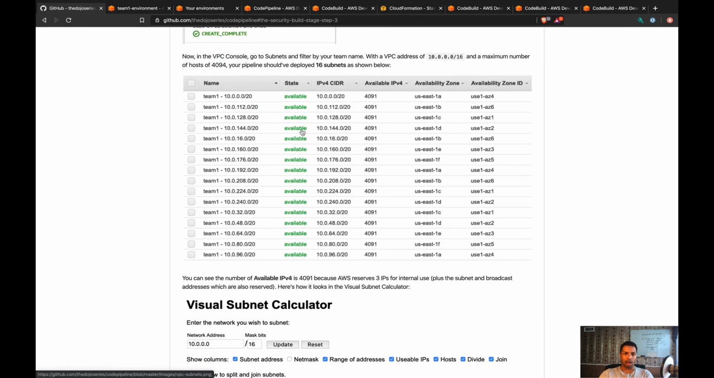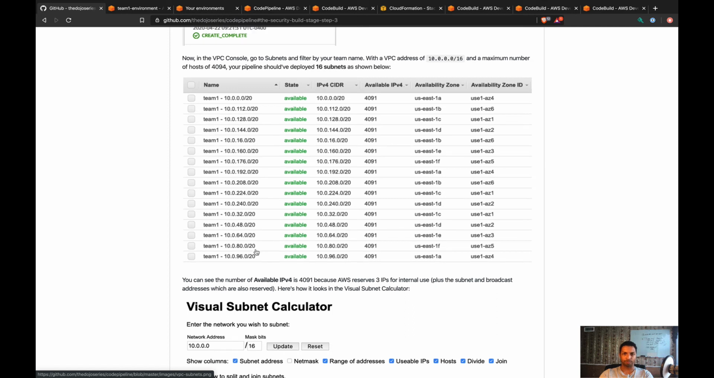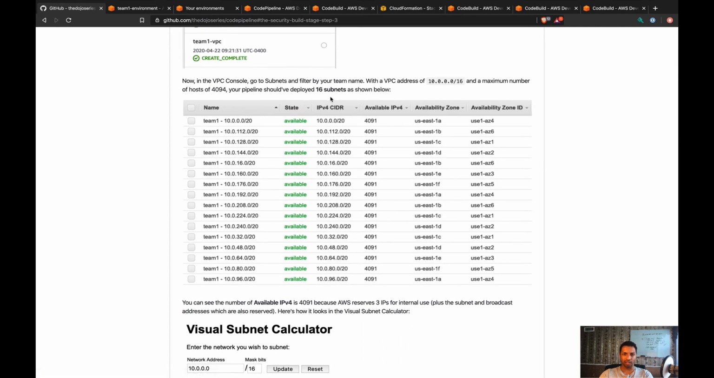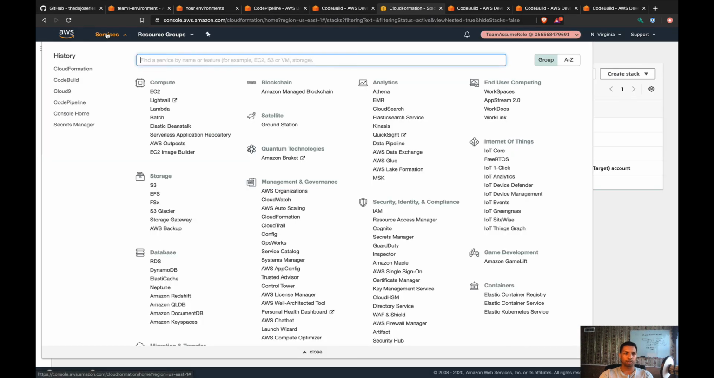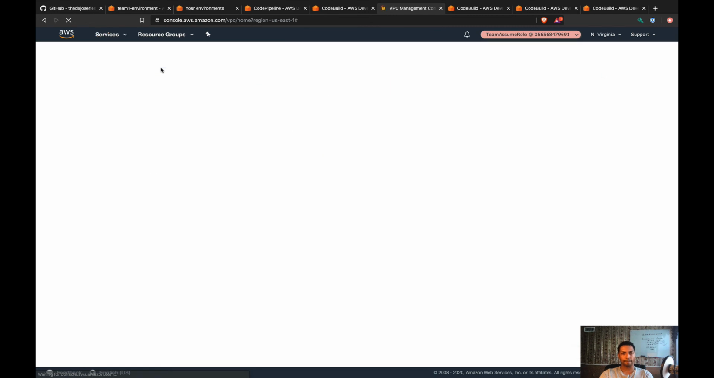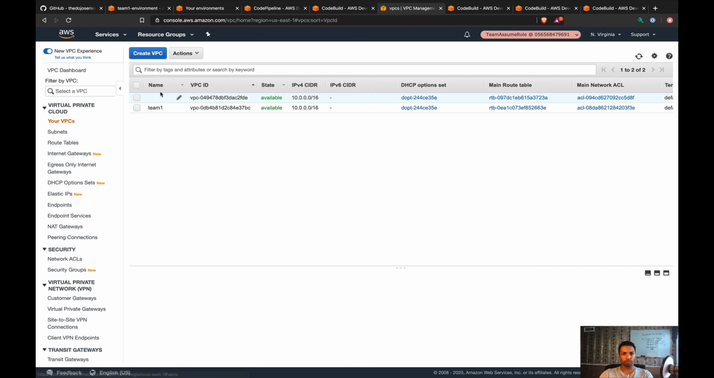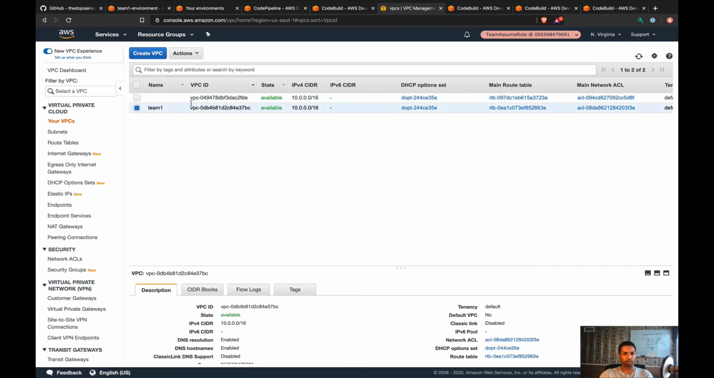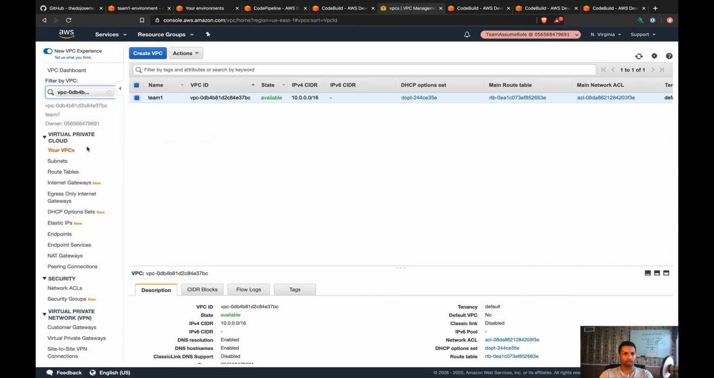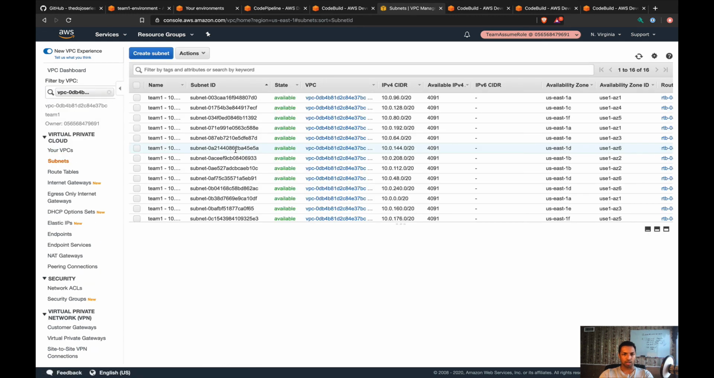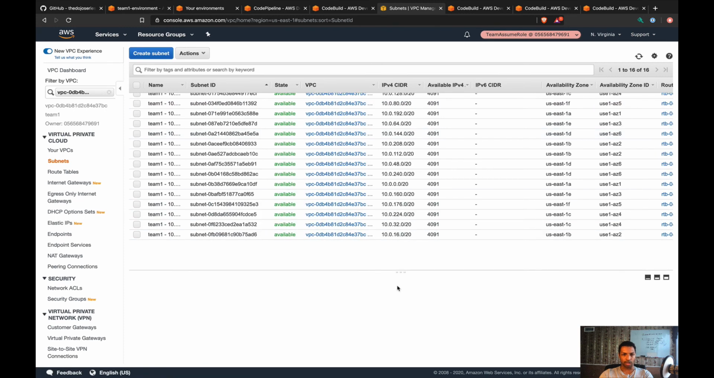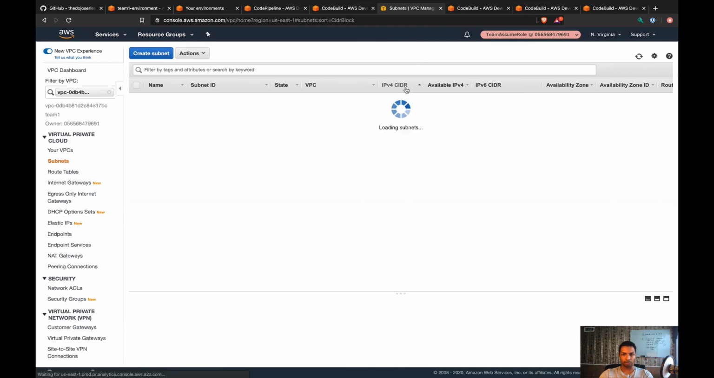And then our VPC should have all of these subnets. So we should have 16 subnets of /20. Let's double check that. So services, VPC, your VPCs, that's the one. Awesome. Let me filter by that. We go to subnets, and there we go. We have all 16 subnets, all of them using